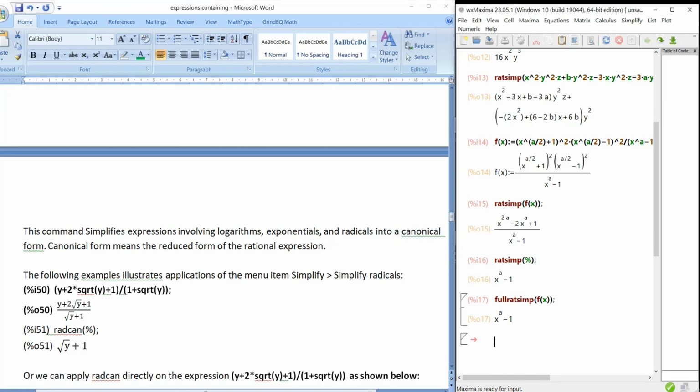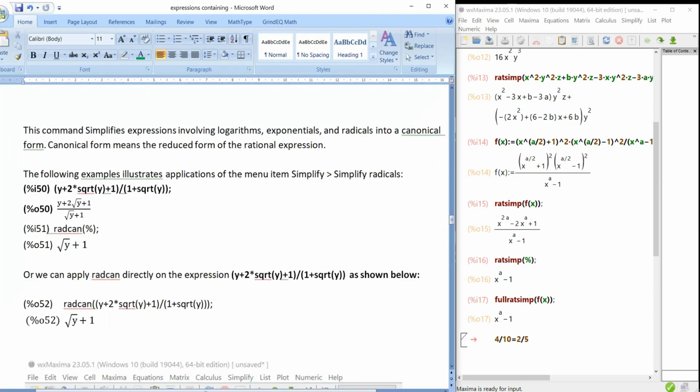Suppose we have the number 4 by 10. 4 divided by 10 is a rational number, but it is not in reduced form, it is not in lowest terms, because there is still a common factor 2 that can divide both numerator as well as denominator. So the lowest form will be 2 divided by 5. Okay, so this is for your reference. This is similar to the canonical form of functions, right? Canonical form means the reduced form of a rational expression. Clear?